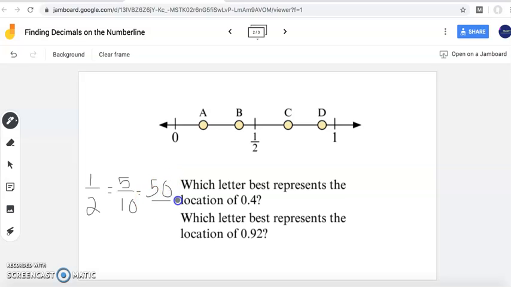And 50/100, 5/10, 1/2 can all be represented as the decimal 0.5. When I'm labeling my number line, I'm actually going to label it as 0.5